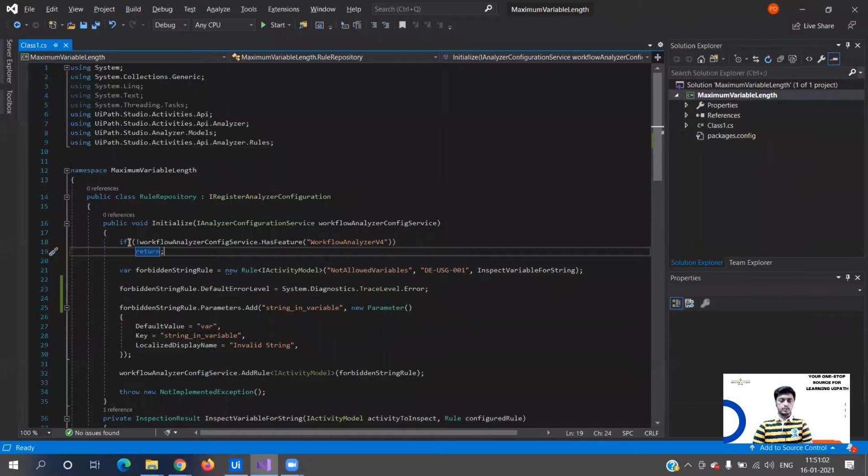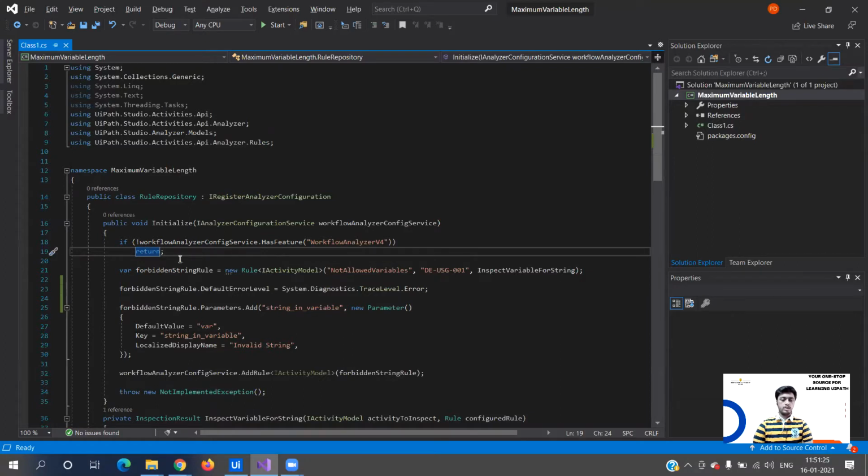This is that line: if workflowAnalyzerService HasFeature, it returns true if a feature is supported. So if there is a studio version that does not support the workflow analyzer feature, then in that case this should simply return, and the rule won't be shown over there.